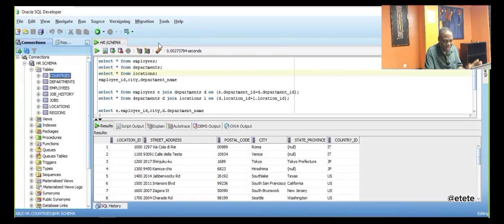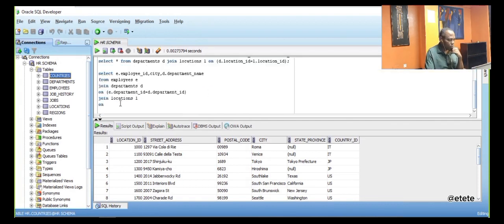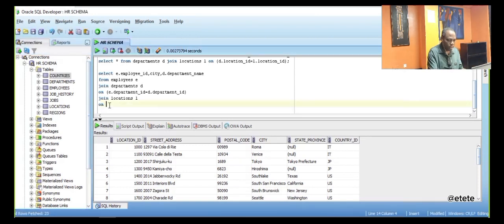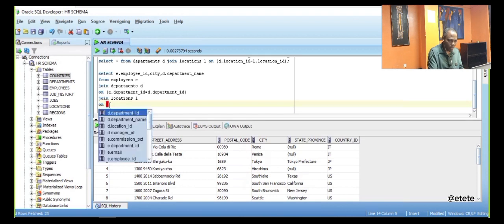Everything is linked. Now, based on that link, you will be able to understand how to write your query to join your tables together. So now I want to join locations. So I will say join locations on, then I'll put this like this, open my parentheses. I will now say on, since I already have the initials, I will just say, now we